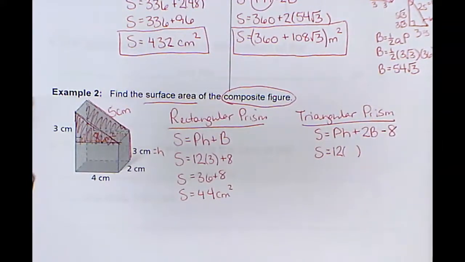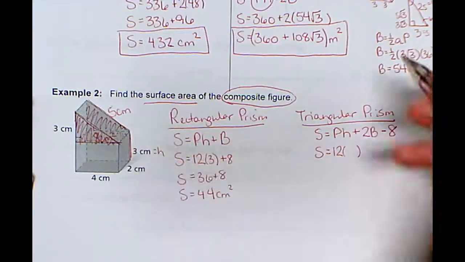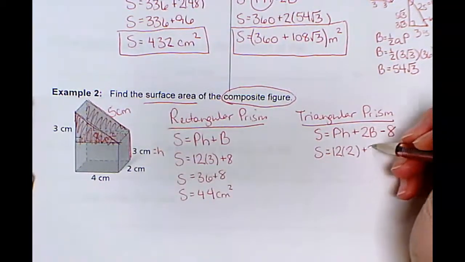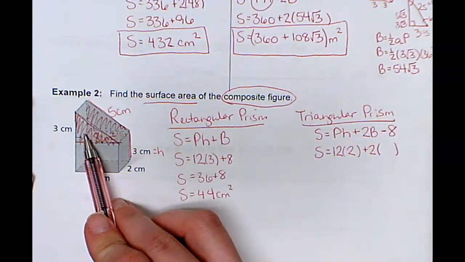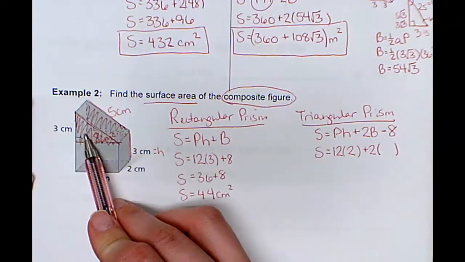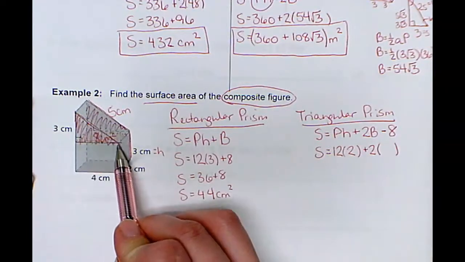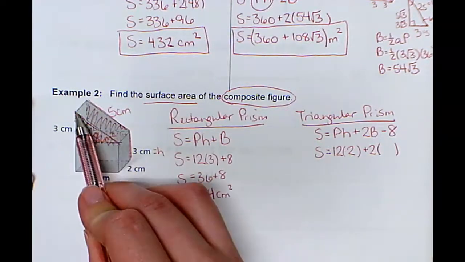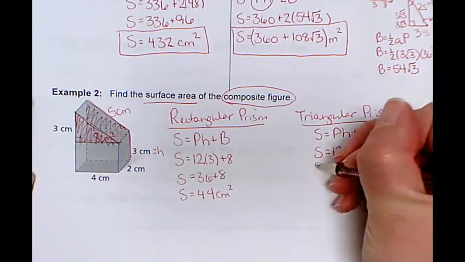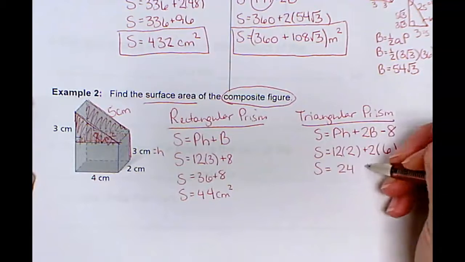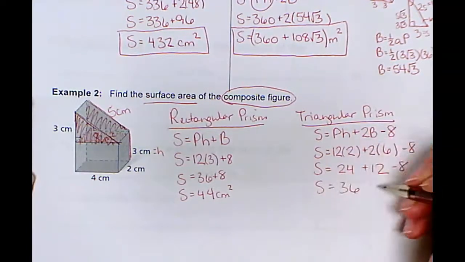The height is the distance between the bases, so that's this right here, and that's 2 centimeters. The area of the base, remember these triangles are the bases, and the formula for the area of a triangle is 1/2 base times height. So half of 4 is 2 times 3, that's 6, and I'm subtracting 8 from it. So we have 24 plus 12 minus 8, that's 36 minus 8,